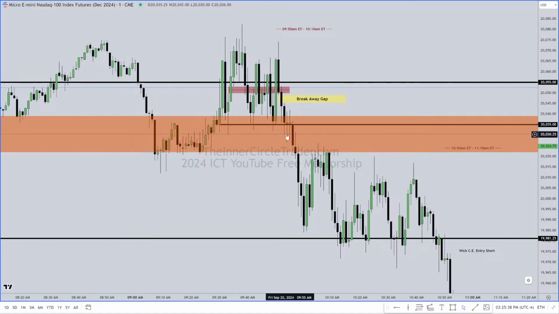It breaks lower and trades to the middle, or consequent encroachment, of that shaded orange area. That's yesterday's first presented fair value gap. Once it does this, it gives you a breakaway gap. It runs into it, gives an opportunity to trade to the top of it, and then goes to the mid part or consequent encroachment of it, and goes down below it.